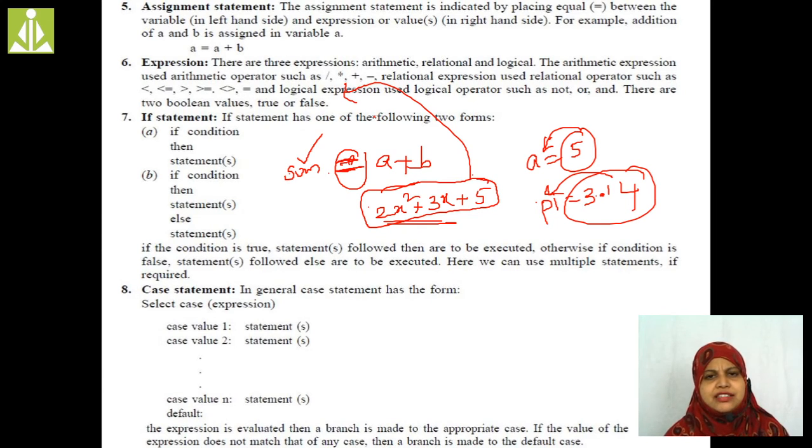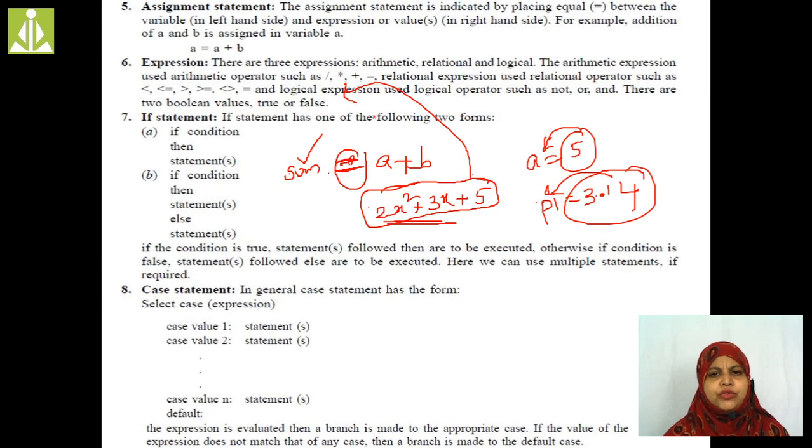If these two are necessary, then we can use these statements in our algorithms, right? Next one is the switch statement. Case statement is the switch statement. Here, if we are going to check multiple expressions at a time, then we are going to use the switch case.